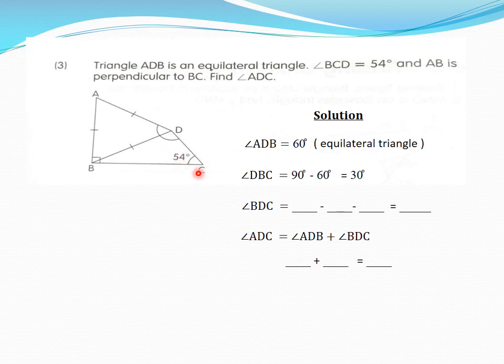BDC. So we need to find angle D. How do we do it? If we know angle B equals 30 degrees, and we know angle C equals 54 degrees, how do we find angle D? You can think about the sum of angles in a triangle, how many degrees? 180 minus. After you know the angle D already,